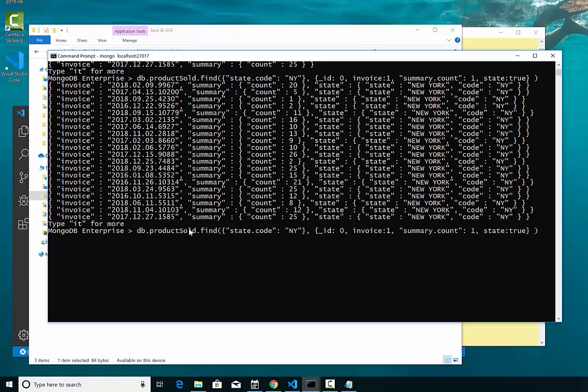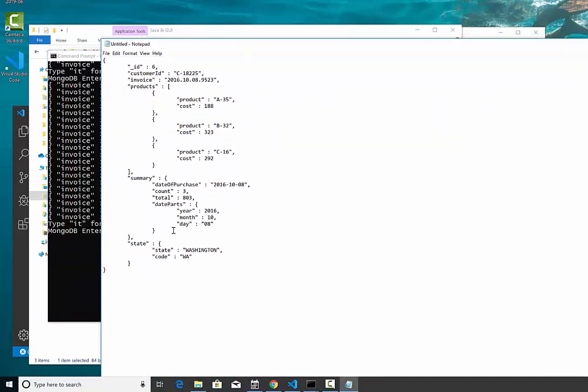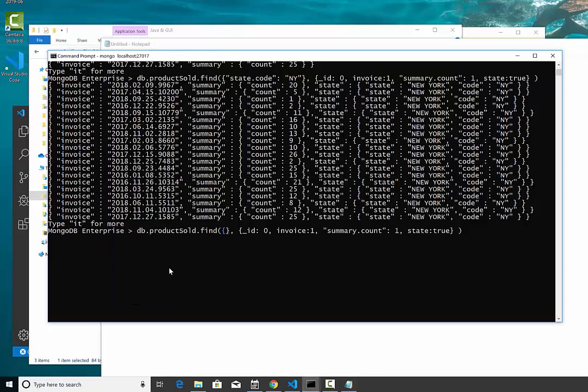Okay. I'm hitting the up key to repeat the last command. So let's say I'm not interested in just New York. I'm interested in everything. But I'm interested in the counts that are greater than, let's say, 20. Now, if you remember, I'm going to bring this into Notepad so you can see the hierarchy. I always have to say summary. to get to the count. So summary.count. So I'm going to say here where, because I need the dot operator, I need quotes, summary.count,